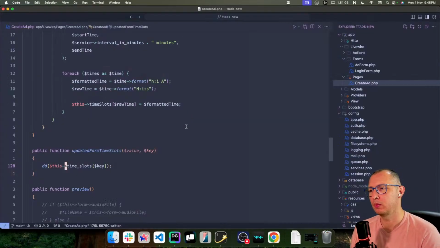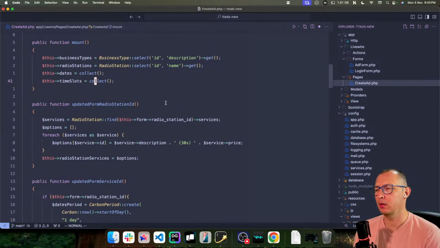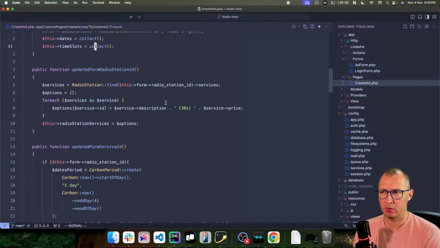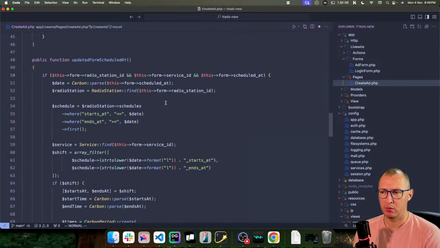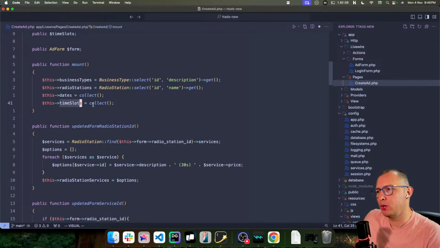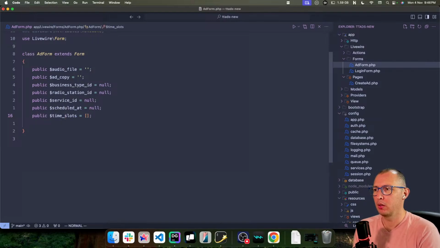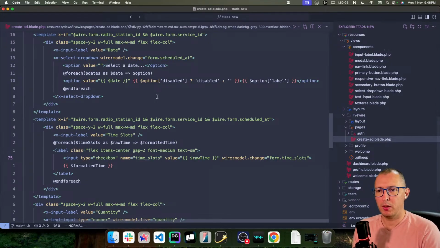No. Oh. Why is it time slots here? Because I need a collection. So I have a time slots collection in this component, not in the form. And in fact, I should remove it from the form altogether. We'll think about something else for that. Save, back to the template, and